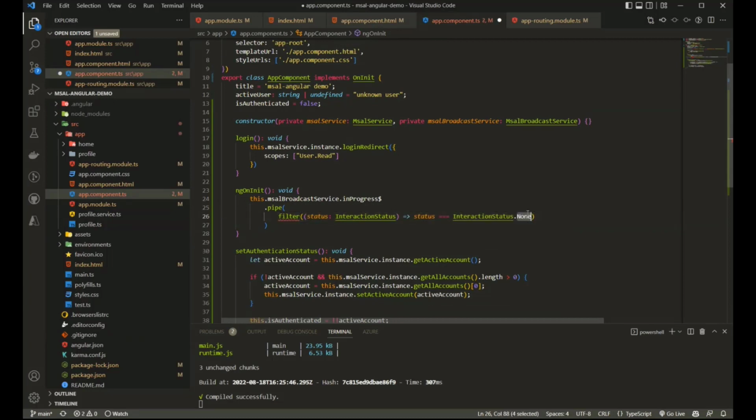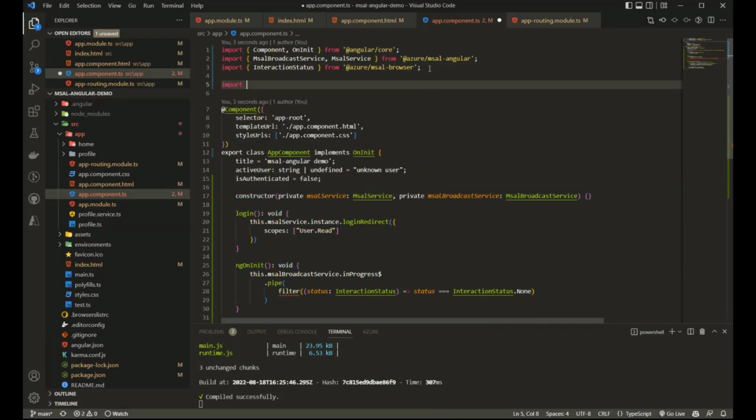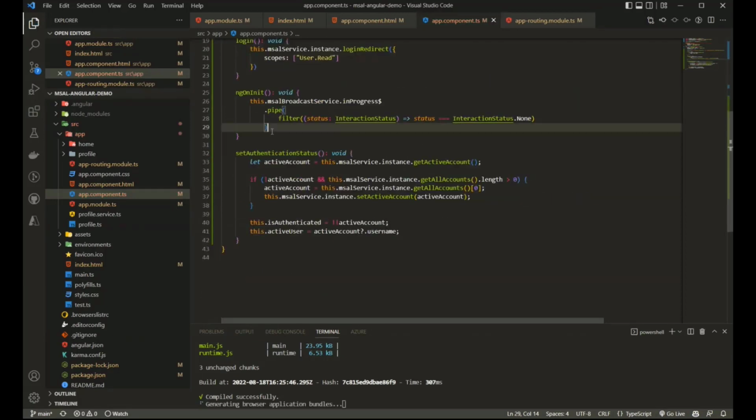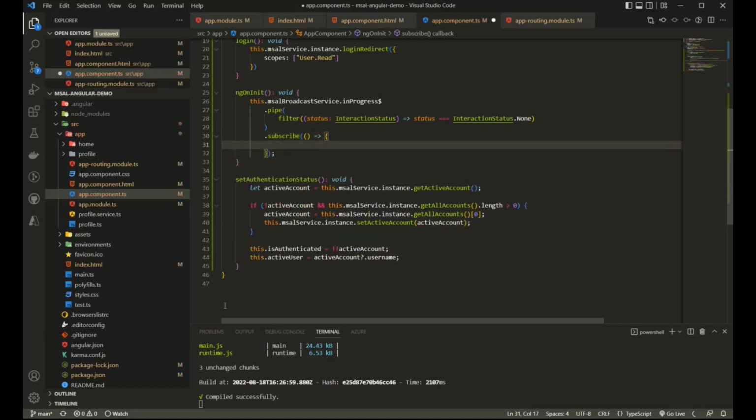And I want to make sure that this only runs when there are no other interactions at the moment. And I also need to import this guy. So I'll go ahead. And this is coming from, oh, thank you. And once that happens, I can subscribe and run this code.